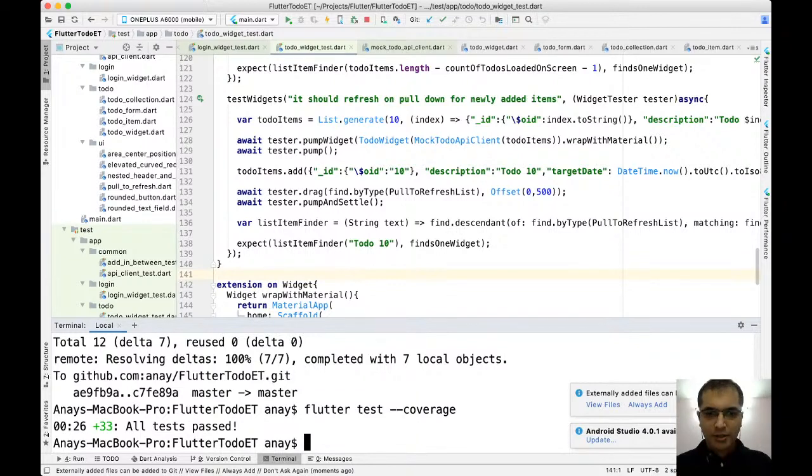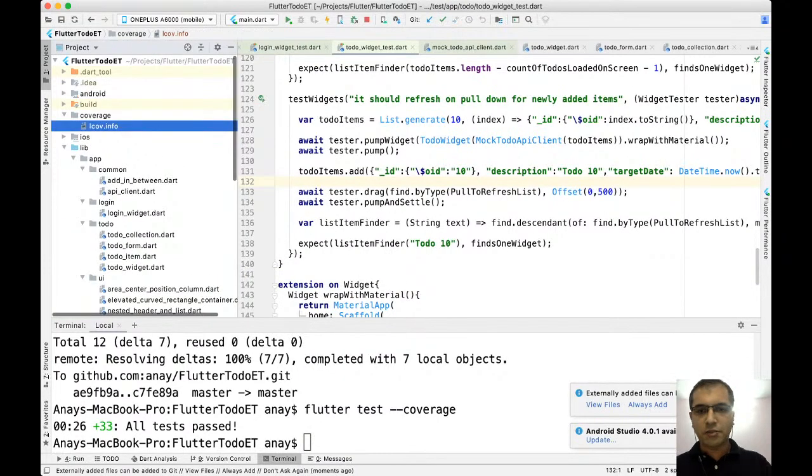So yes, it has now actually executed it with the coverage, but what it tries to do is, let me go over here. It creates a line coverage info file.